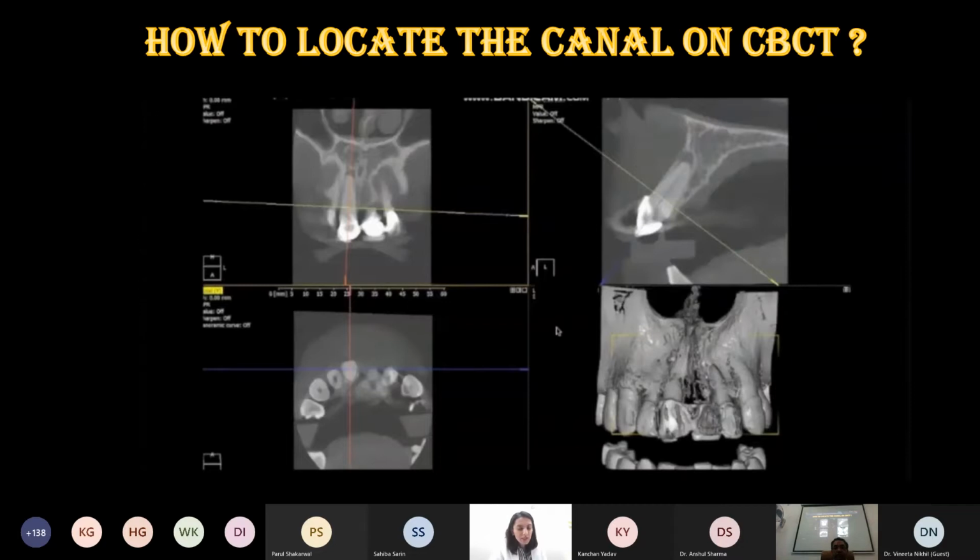But in some of the cases, we have seen that we are not able to locate or visualize the canal at all. That's because of the density of the calcified tooth. So what do we do in that case? In that case, let's always stick to the law of centrality. Try looking for the canal in the central part of the tooth.